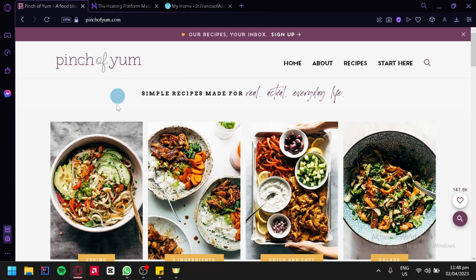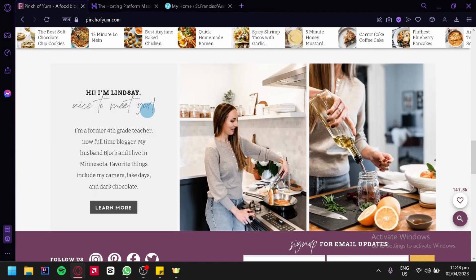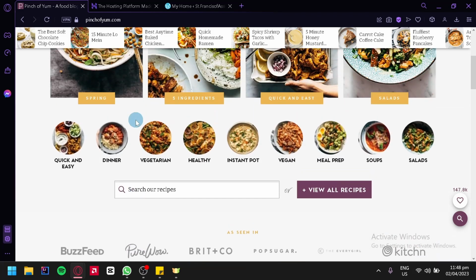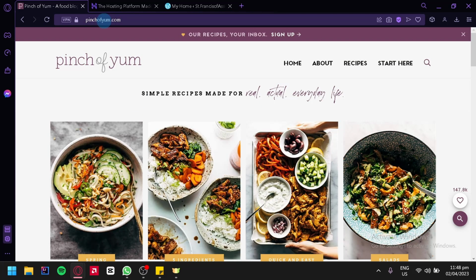Now over here, what we are seeing on our screen is a blog website. It is an example of a blog website that focuses on food, and I think this is a very great example of a blog website that you should aim to create. This blog website is created by Lindsay, over here on the About portion of our blog page, and this page is called pinchofyum.com. As you can see, the reason why I think this blog page we are seeing right now is a great example of what you should aim to create